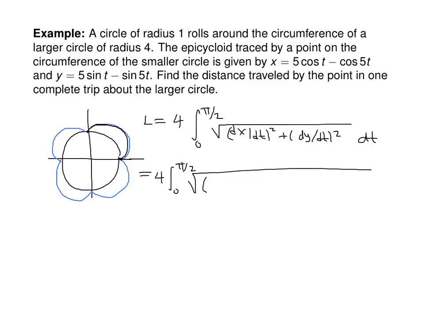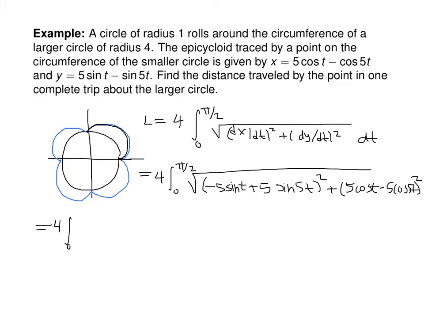So dx/dt will be negative 5 sine t plus 5 sine 5t, that quantity squared. And then plus dy/dt, so the derivative of 5 sine t is 5 cosine t, so 5 cosine t minus 5 cosine 5t, that quantity squared. And now